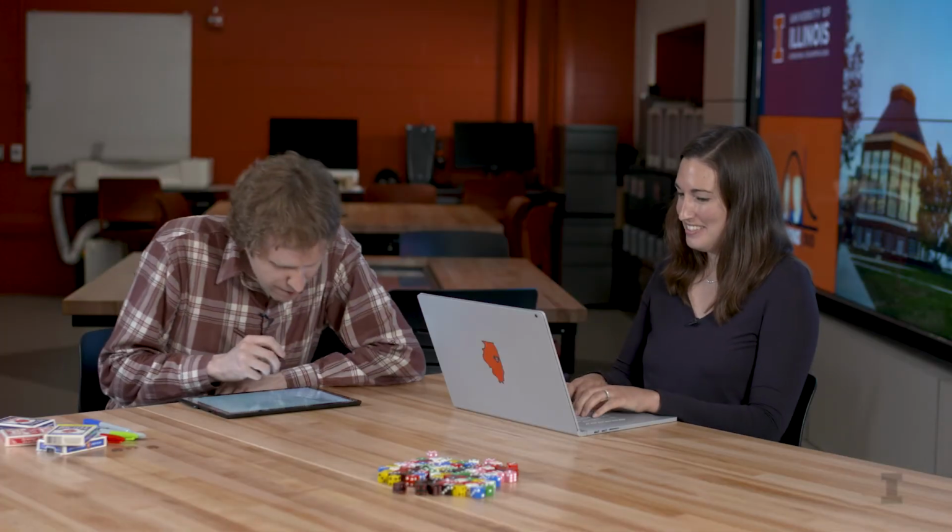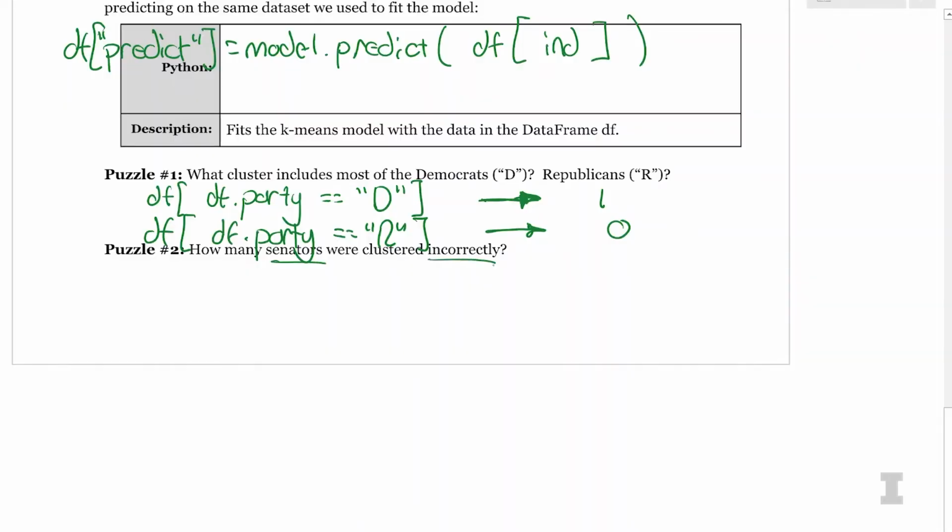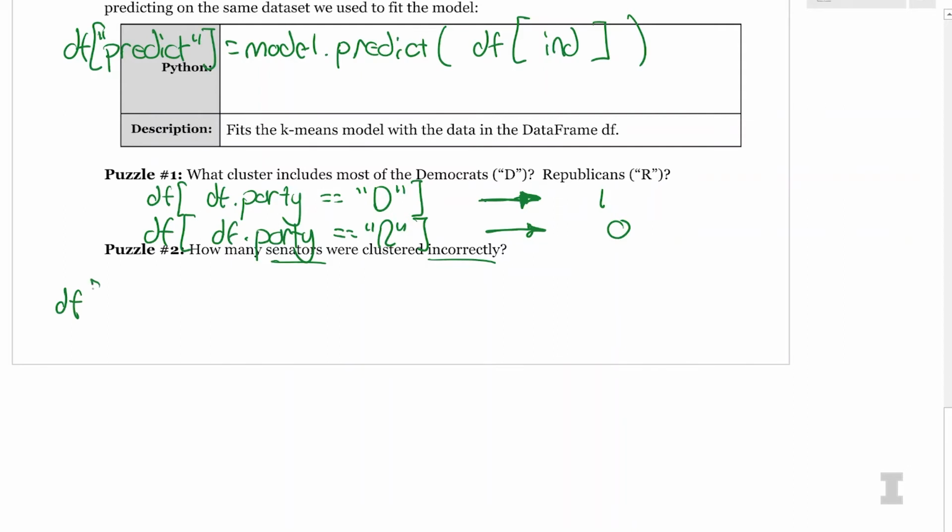Let's go ahead and see the mismatches. What I'm actually interested in is how many senators were classified incorrectly. An incorrect classification would be a Democrat that is in cluster 0 or a Republican that's in cluster 1. So let's first look at Democrats in cluster 0. This is a multi-part conditional, so we're going to need two different statements, and parentheses.